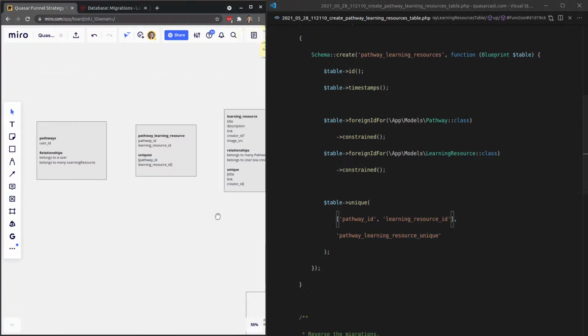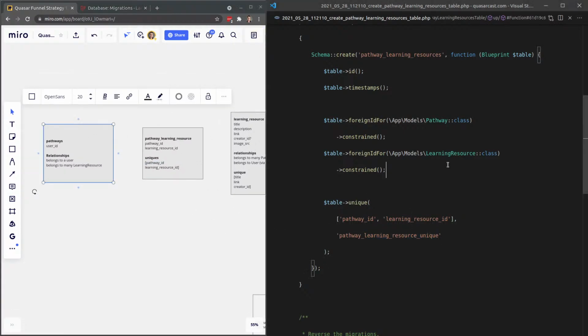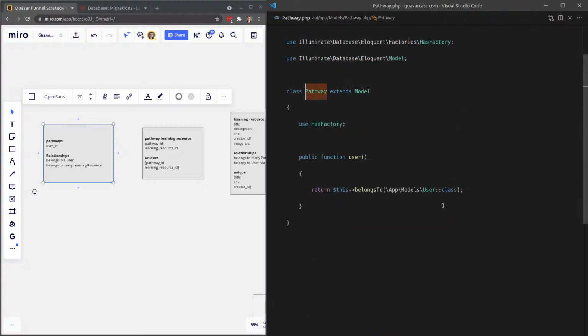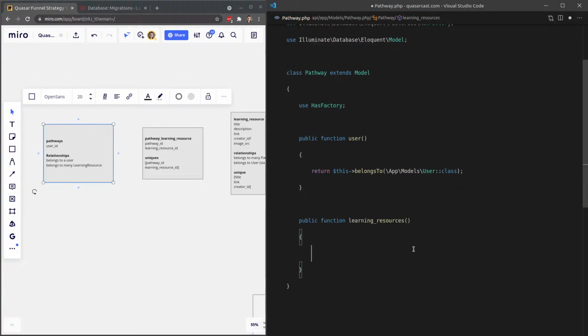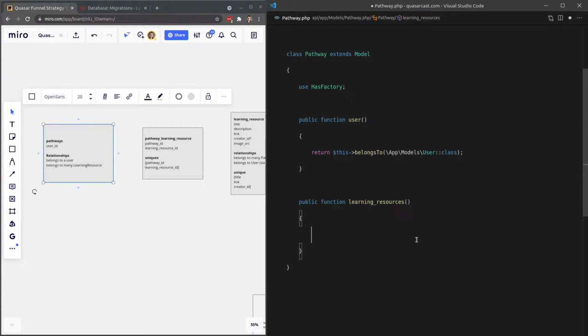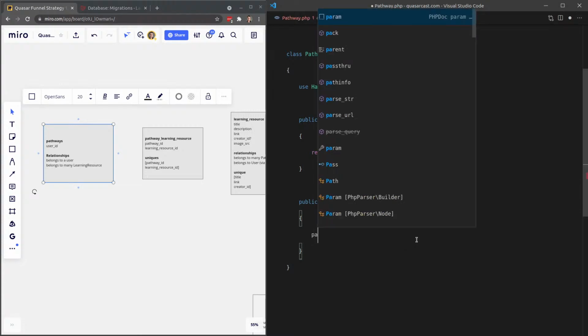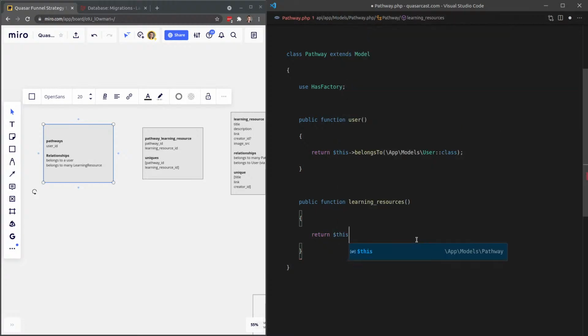So that's working. Next, we basically want to use this relationship to link these two together using Eloquent. So let's jump into our pathway here. And now we can say public function, and a pathway belongs to many learning resources. So learning_resources, and I might do that with an underscore just because it maps a little bit nicer to how it will look in the API when you send it on the front end. So now we can say here, return this belongs to many,